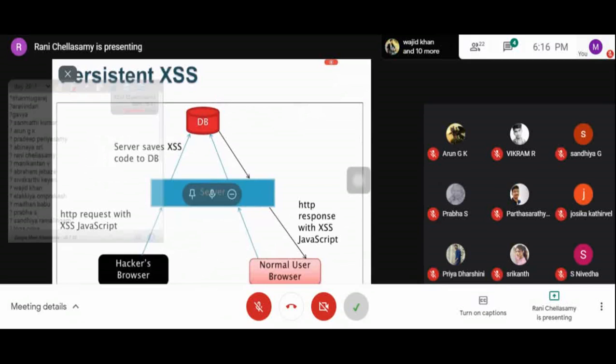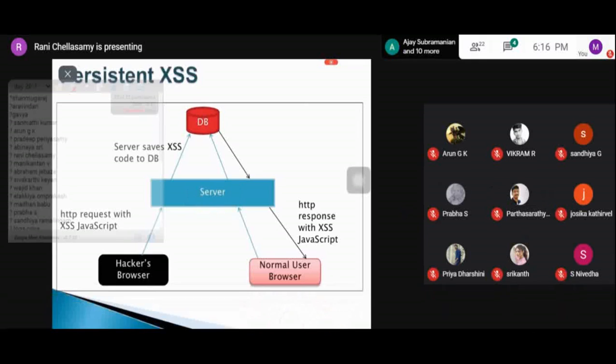The hacker sends the HTTP request with the XSS JavaScript, which is passed on to the server, and the server saves the corresponding XSS code onto the database.